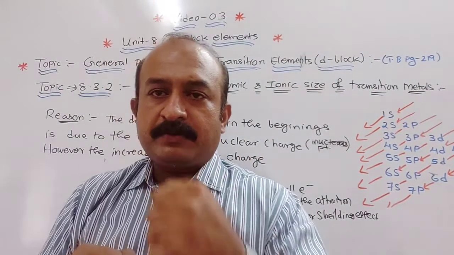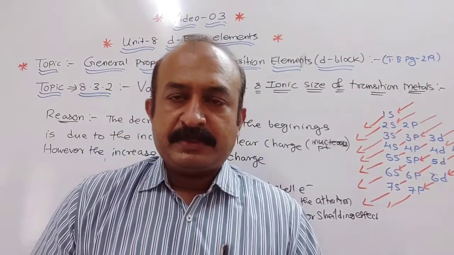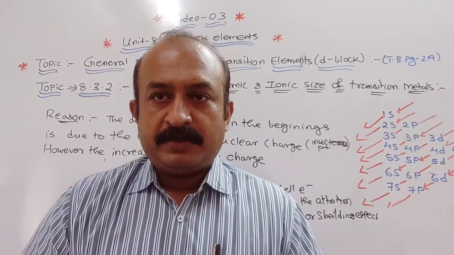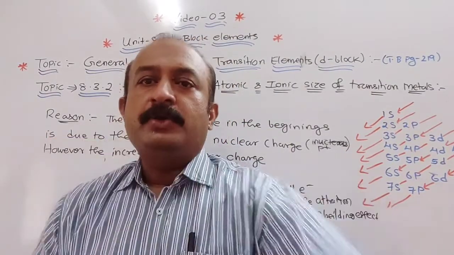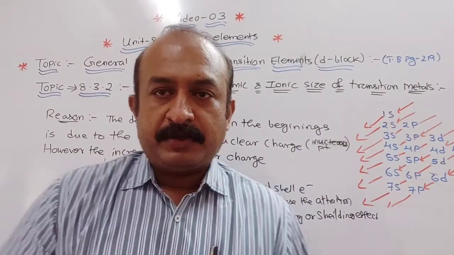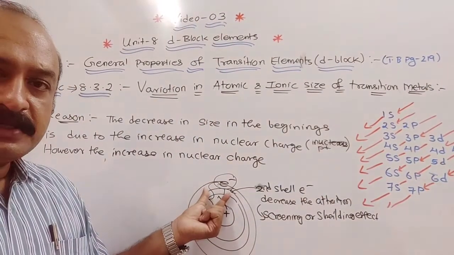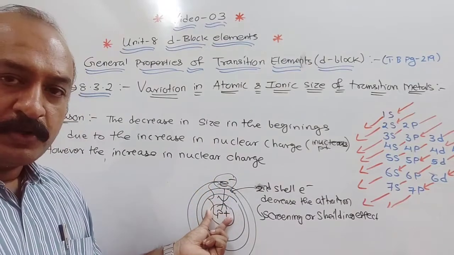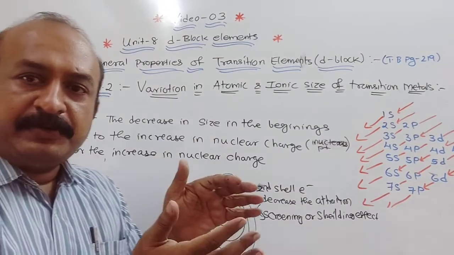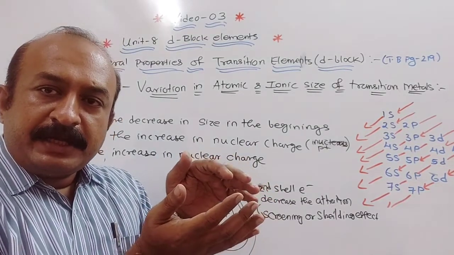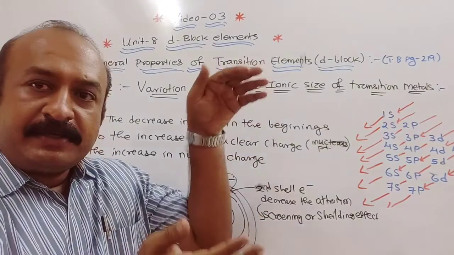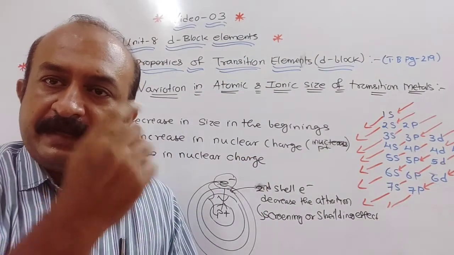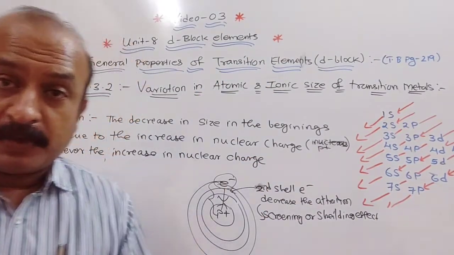Shielding, you know, no? We use a shield to protect. If you see in films, while fighting they use a shield to stop the attack or defend. The same thing happens here. The second shell electrons will shield the outer electron and the proton. So the attraction between them decreases, and due to the decrease in attraction, there is an increase in size at the end. So this is the reason.